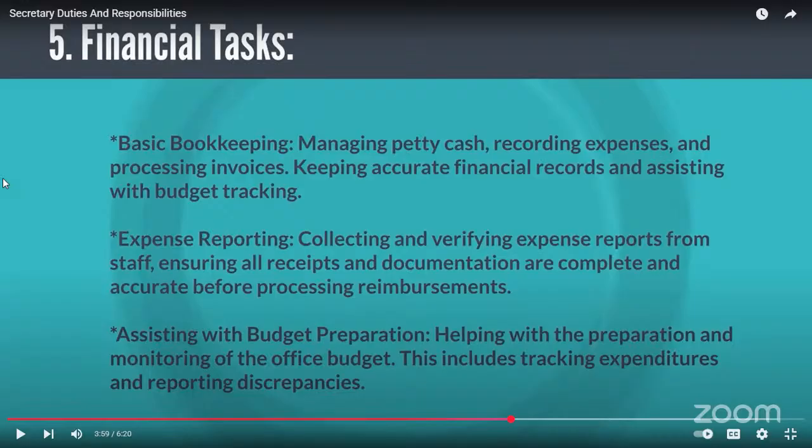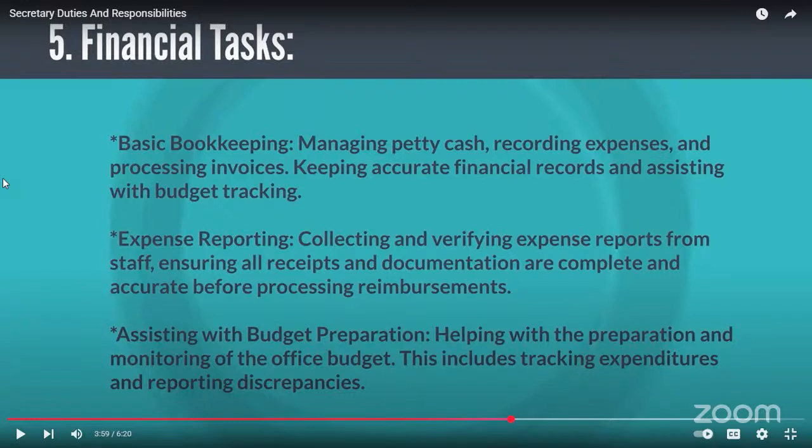Now that payment that you have done at that time, let's suppose you didn't have much cash available, so somebody made the expenses from the pocket, like you did the spending from your own money. So that money will be returned to you, that will be the reimbursement given back to you. But for that, you need to have the proof bills with you, which you can present, and then you can process the reimbursements. Assisting with budget preparations.